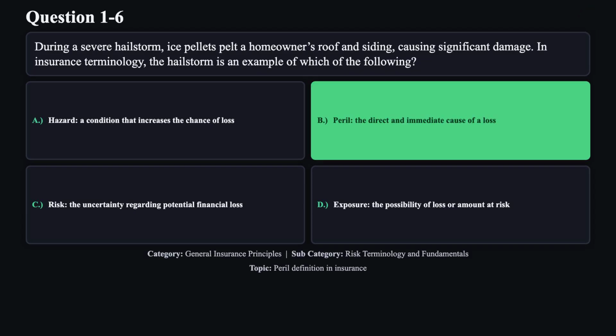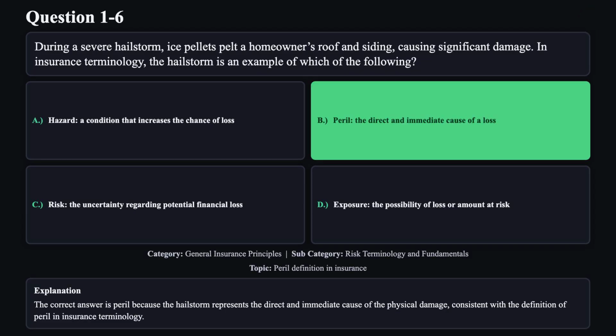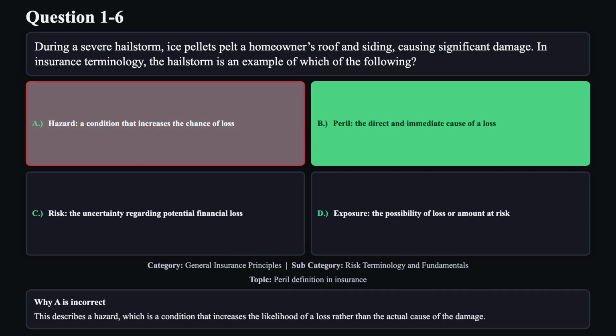The correct answer is B. The correct answer is peril because the hailstorm represents the direct and immediate cause of the physical damage, consistent with the definition of peril in insurance terminology. Reason A is not correct. This describes a hazard, which is a condition that increases the likelihood of a loss rather than the actual cause